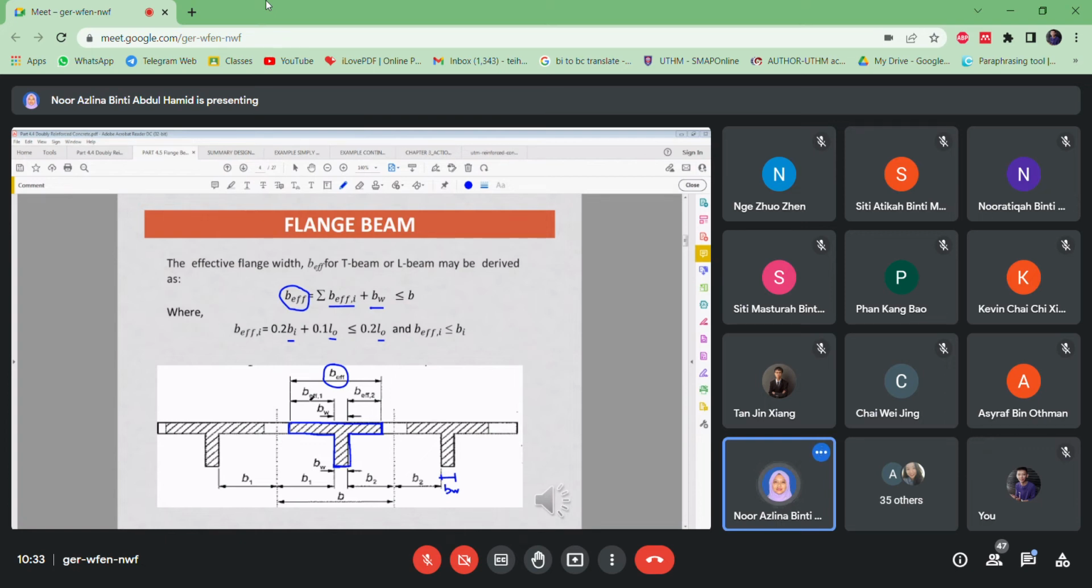B effective I means B effective at both sides. Okay, so kalau T-beam ada B effective 1, ada B effective 2. Alright, then also have B1, B2, which is from the span. That means B here is a half span. Okay, daripada center to this center. So you need to divide by 2. So you need to divide by 2. You get